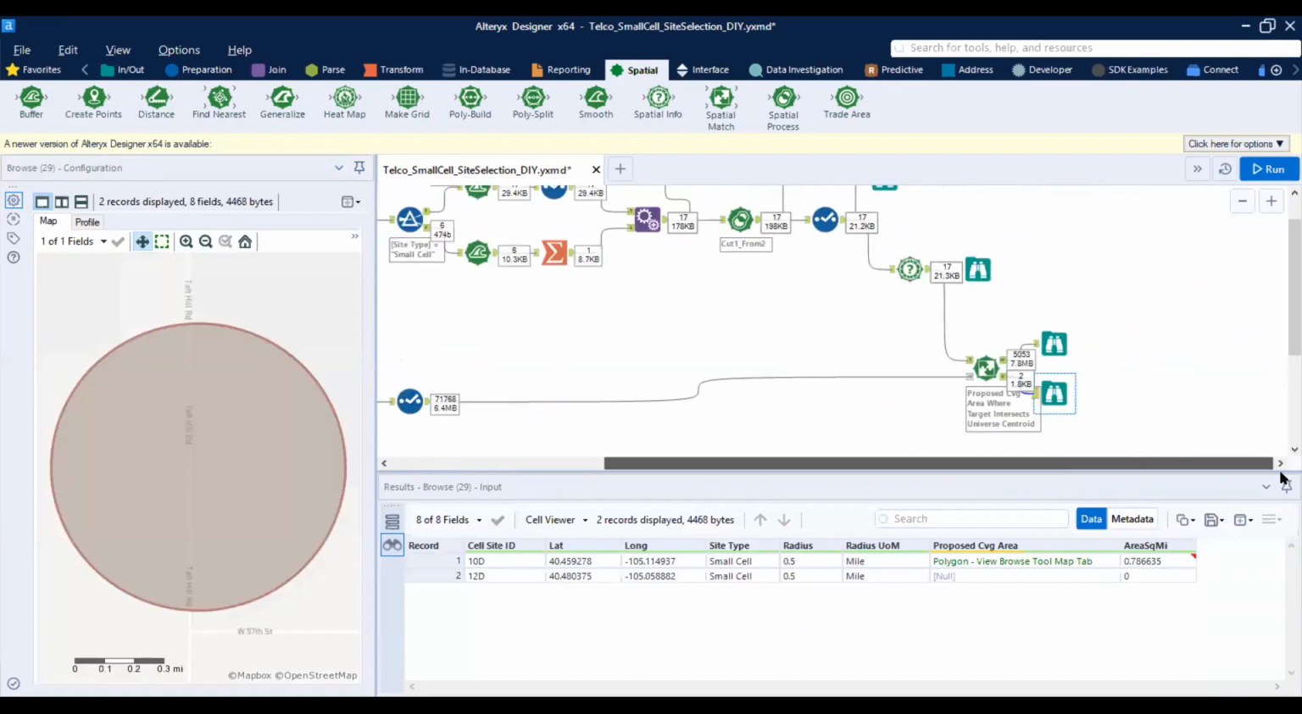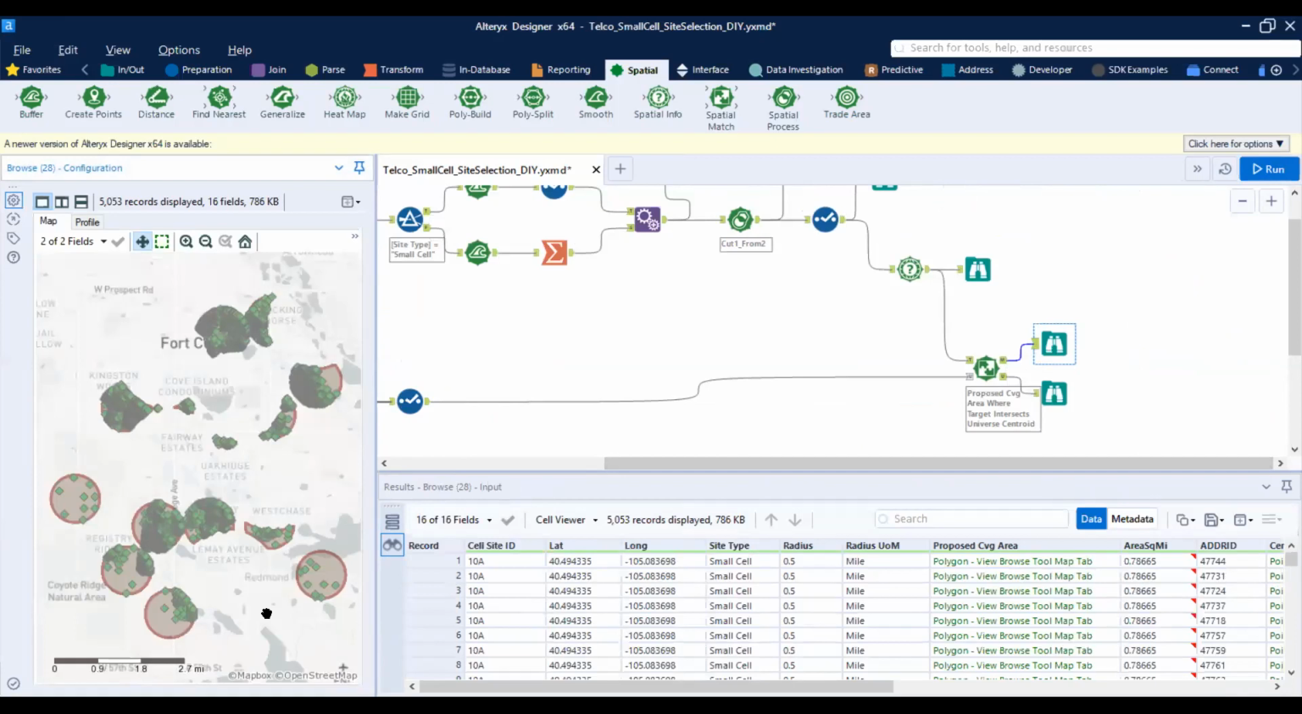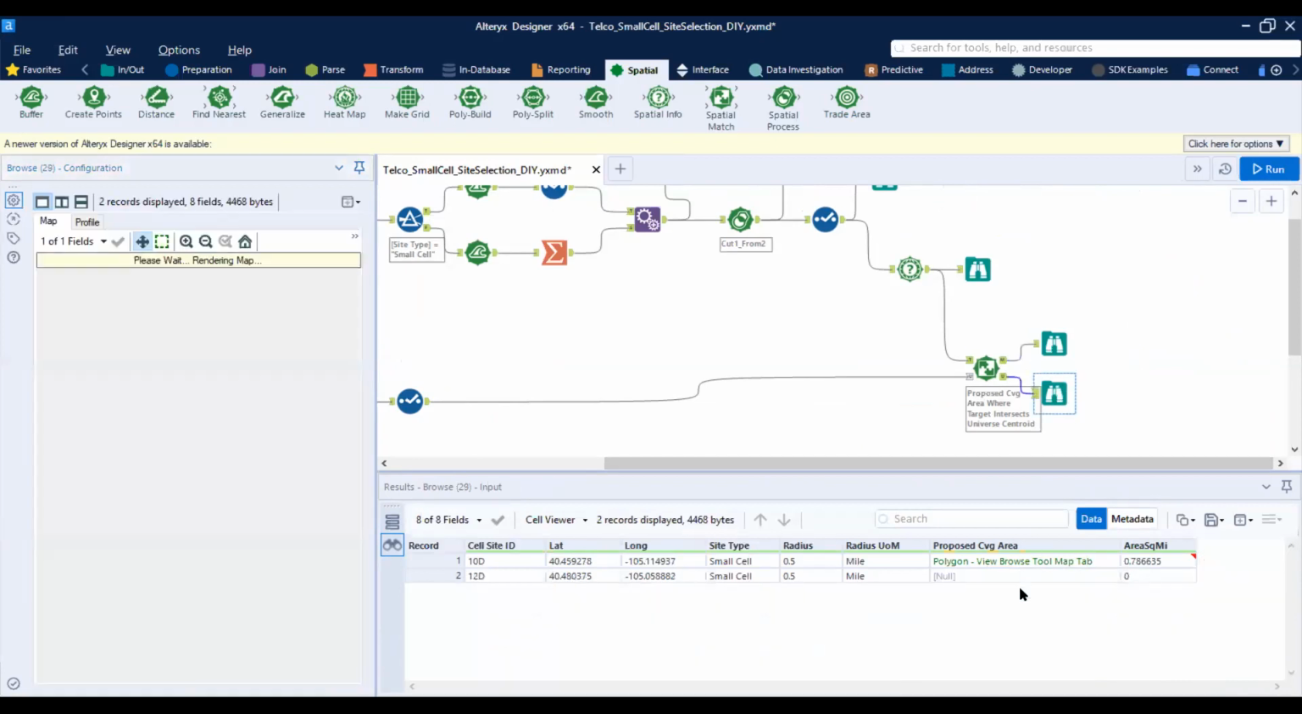All right, so let's look at the matched. All right, cool. So all of those crazy amounts of points, we now see just the centroids, just the points that are intersecting the proposed coverage areas that I have here. And then here,